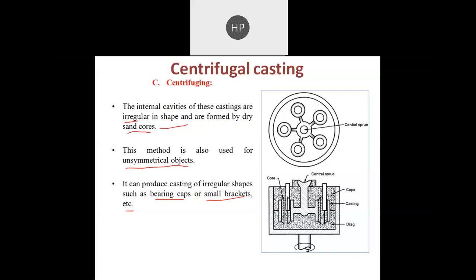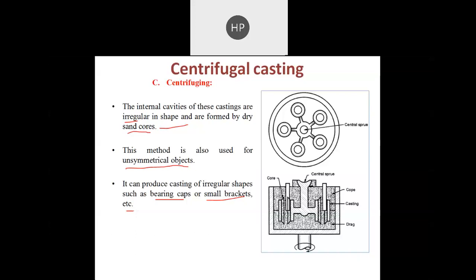They all are not the same, and also not being used for making similar parts, all having a different area of application. The rotation speed, the pressure being generated, the force being generated are totally different in each and every case. So in true centrifugal casting, it is rotating at high speed. We do not require any core, and it produces cylindrical parts.